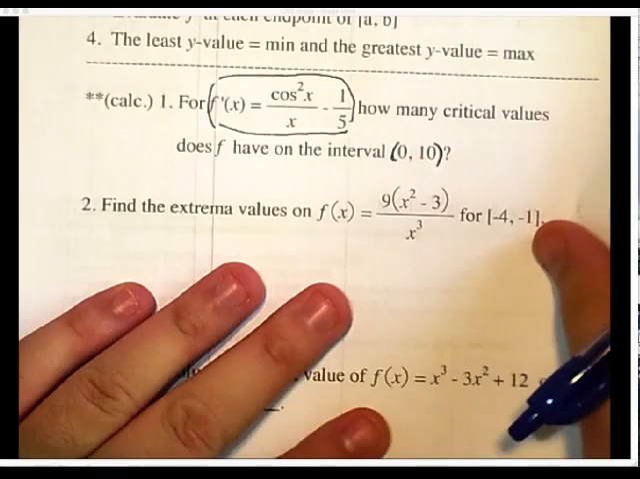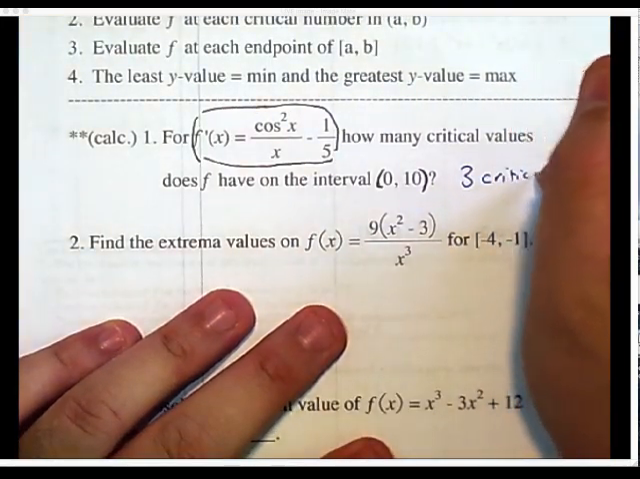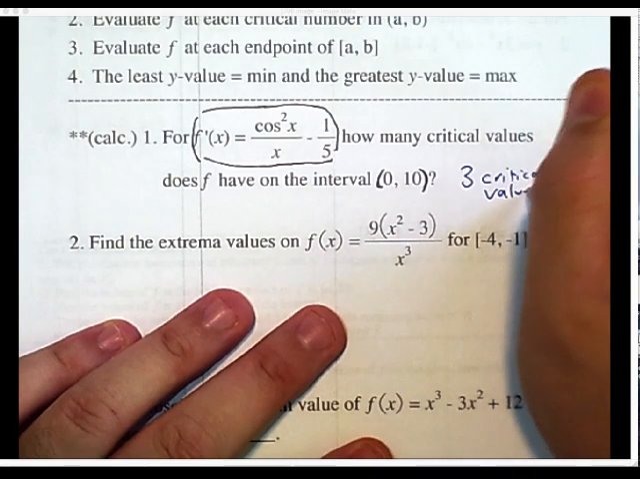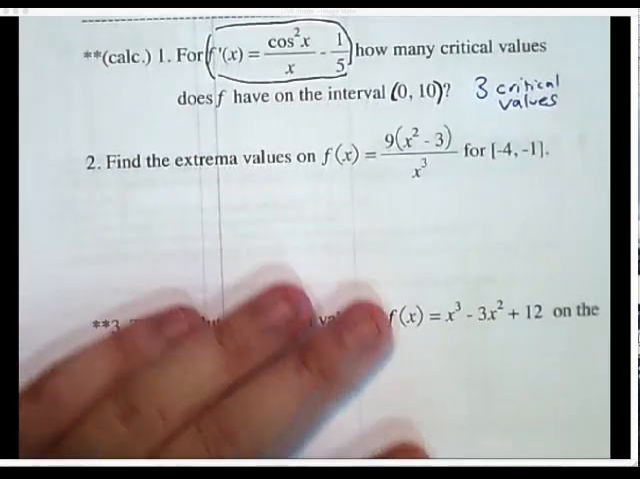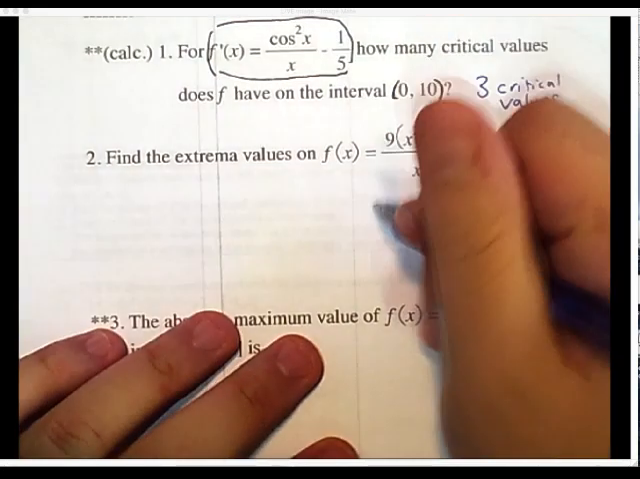So the right answer here was 3. There's 3 critical values. It's just asking me how many. All right. The next question, number 2, it says find the extrema values on this function